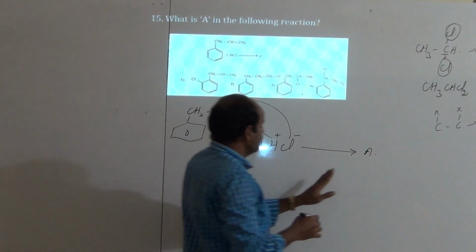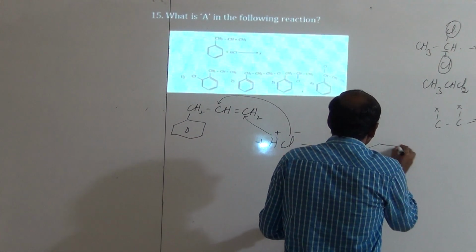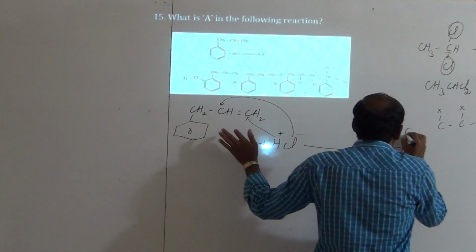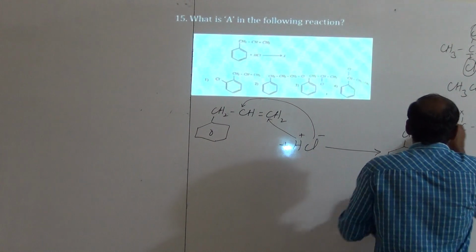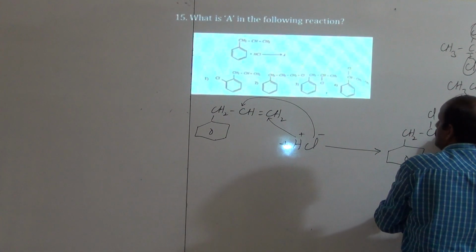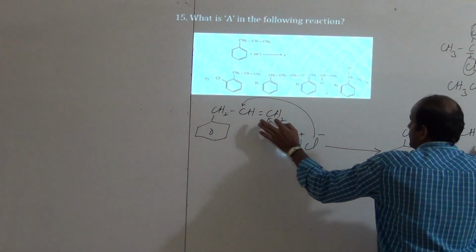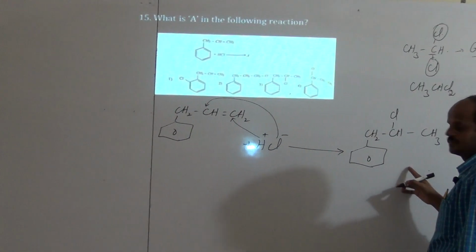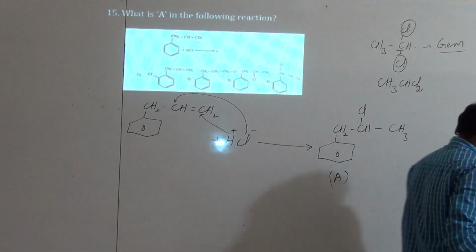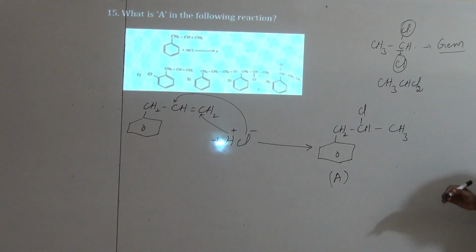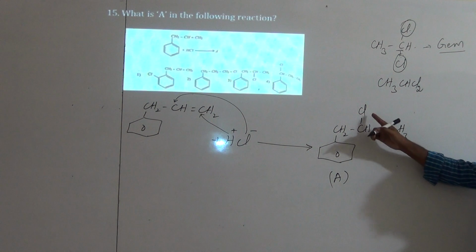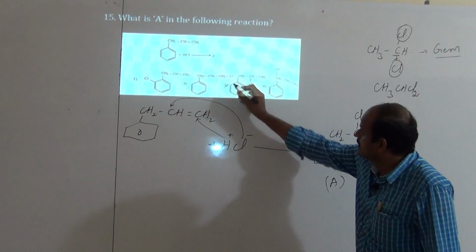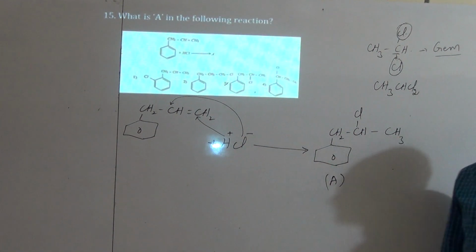Then we get which compound? C6H5CH2CH, on this one Cl will attach, next single bond CH2 plus H, then total CH3. It is the compound A. Okay, that means the second carbon atom here has a chlorine. In the options, which has chlorine on the second carbon atom here, thus the third option is the correct one. Okay, it is the product A.